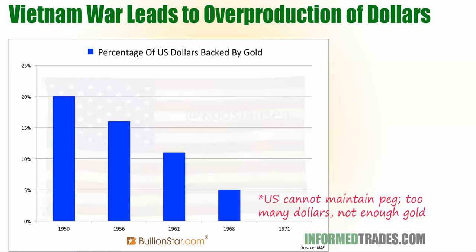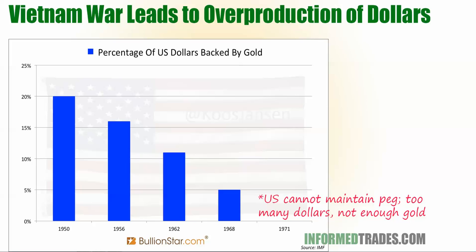definitely started a lot of deficit spending. A lot of this was related to the Vietnam War. The U.S. needed to print a lot of money to finance the war. And so it became harder for the U.S. to live up to its promise of, you give us $35, we will give you an ounce of gold. Because there were so many dollars in circulation, they were essentially defaulting on that promise.